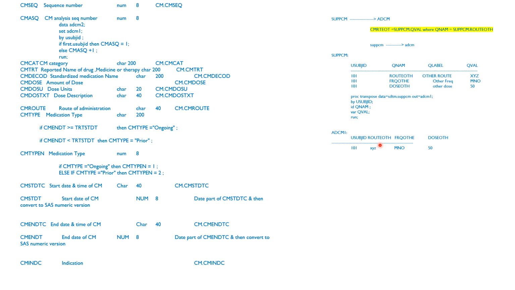So the subject ID is rooted this way. Then again we are going to merge with the main domain. Okay, so this is the code if we need to derive supplementary domain variables at the ADCM level. First we need to transpose the variables based on requirement, then we need to merge with the main domain. Okay,